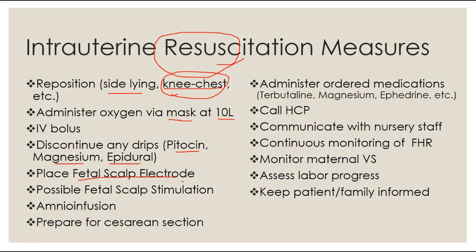Amnio infusions are a resuscitation measure that we utilize. There's a device, a catheter that we can actually put into the uterus. Membranes have to be ruptured, so the maternal water has to be broken to do an amnio infusion, because you actually have to slip a catheter inside of the uterus and then you hook it up to some IV fluids and you can actually wash out, you can add in fluid to sort of expand